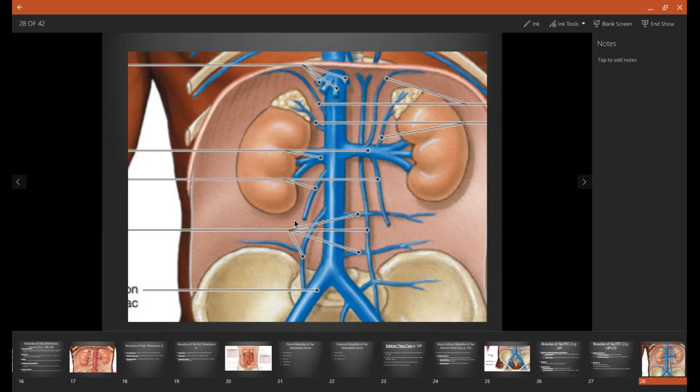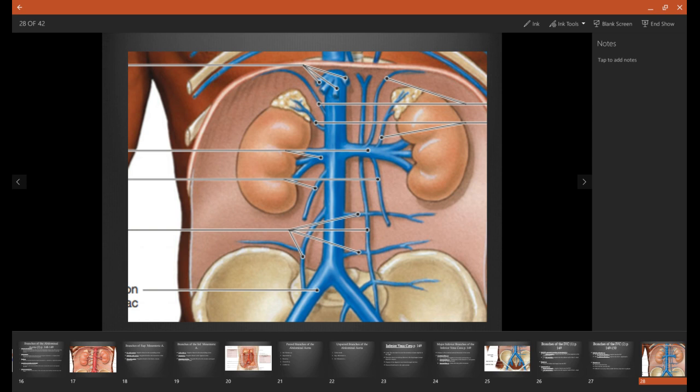So here's our picture of all of this. So let's take a look at what we have going on here. So here's our diaphragm. We see on the right side the right inferior phrenic vein going directly into the inferior vena cava. We see the right suprarenal vein going directly into the inferior vena cava. We see the right renal vein going straight into the inferior vena cava. And then we see the gonadal vein right here on the right side still going straight into the inferior vena